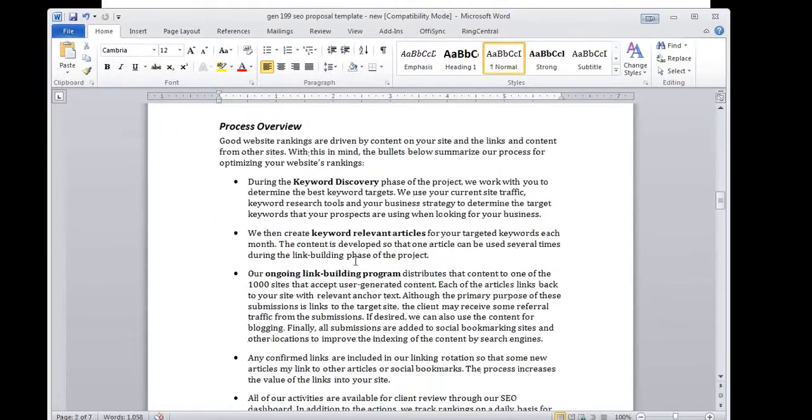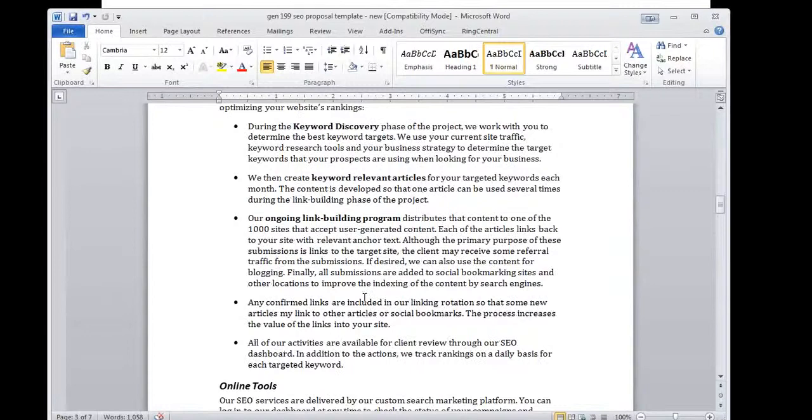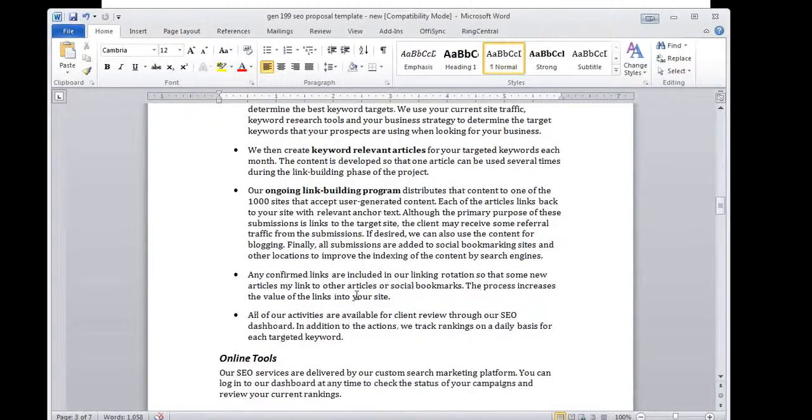I also then go through and walk through that process overview. So in the demo, I talked about our process of unique content and building links to those links, and those links ultimately are votes, and they move you up in the search rankings. I write that down again in here just so people remember. Here it is. We write articles. We build links. We build links to those links, and over time, everything's available through our dashboard, which leads us